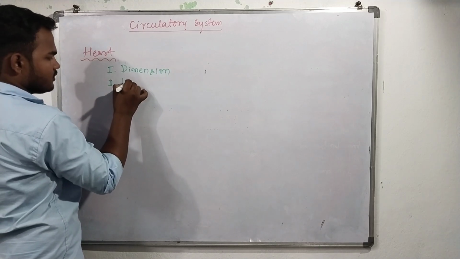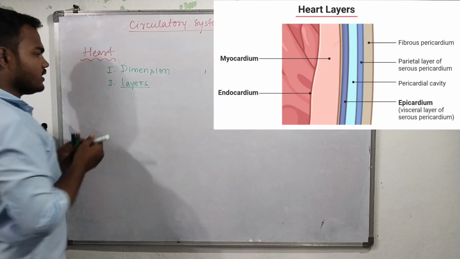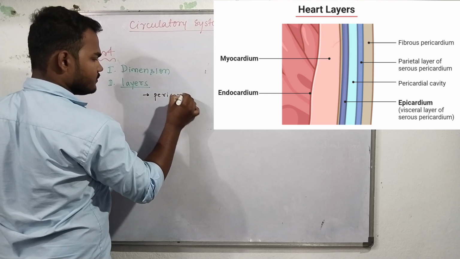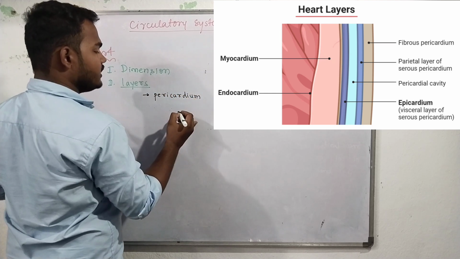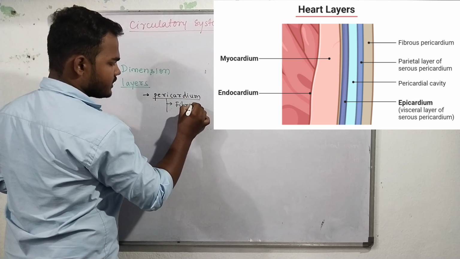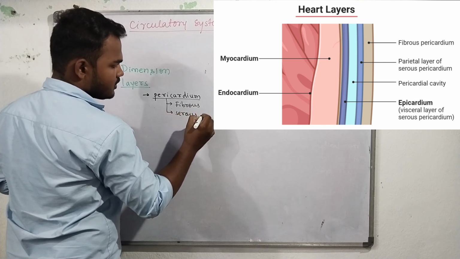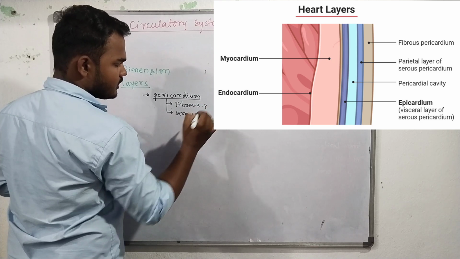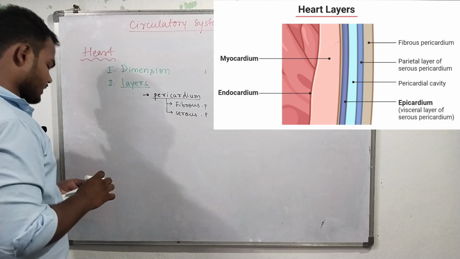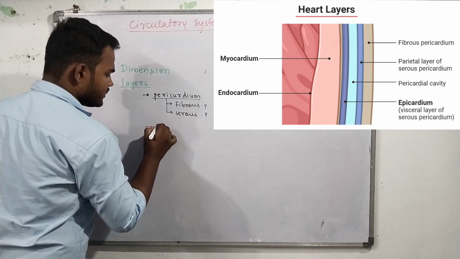Second is layers of the heart. The outermost layer is pericardium. Okay, this pericardium is divided into two types. One is fibrous and serous. Fibrous pericardium and serous pericardium. And the heart wall is made up of three structures. One is